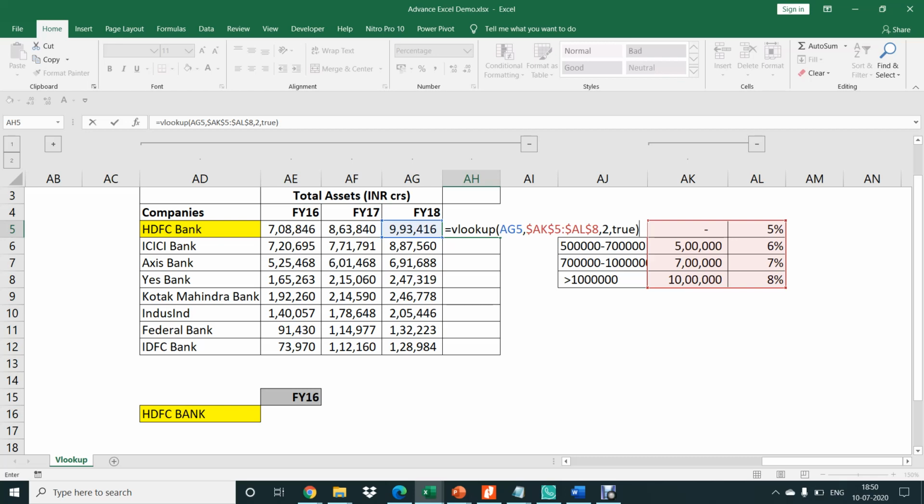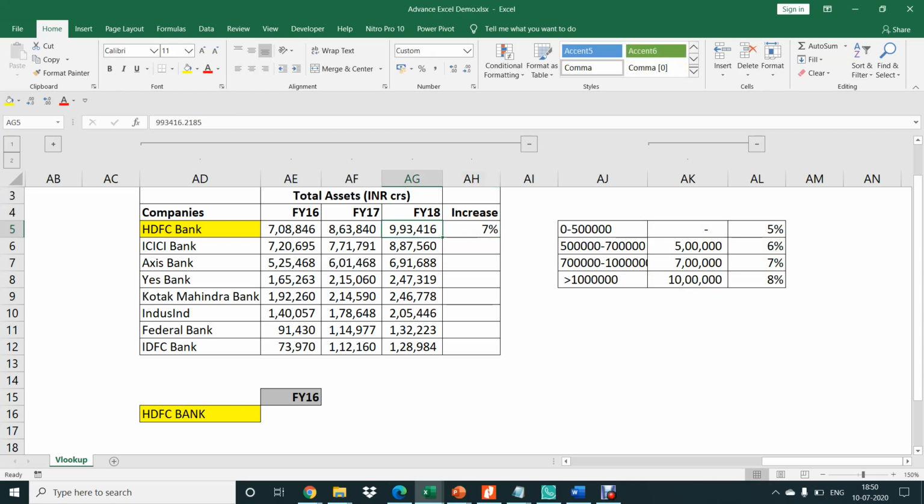As you can see, it is checking 9,93,000 within the slabs. TRUE stands for approximate match, so it goes down the slabs and checks where the 9,93,000 falls. Definitely it is greater than 7 lakhs but less than 10 lakhs, so it will pull out 7%. Are you with me?